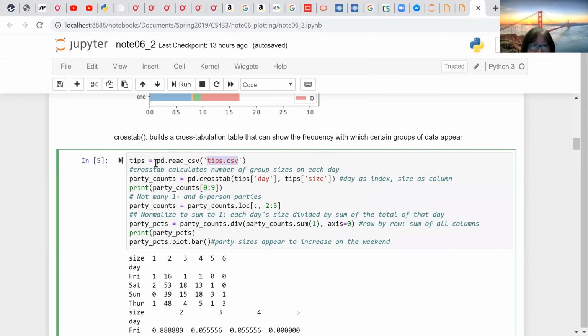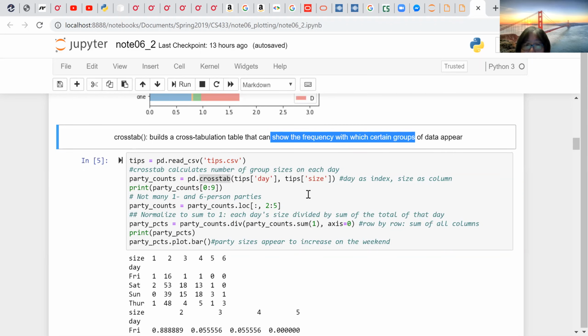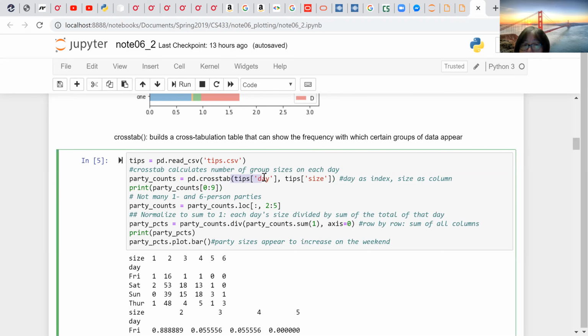And for this CSV file, today what we are going to first learn is the crosstab function. For pandas, the crosstab function can show frequency with a certain group. This function does some grouping and shows the frequency. So quite useful. Over here, from our tips data frame,